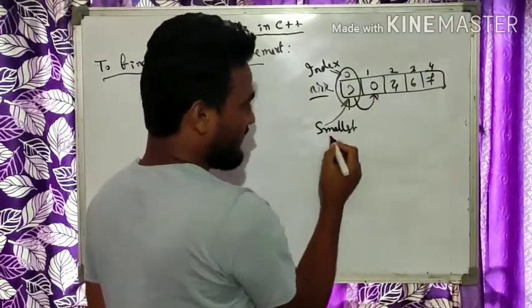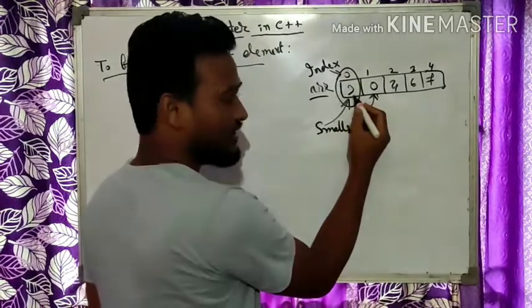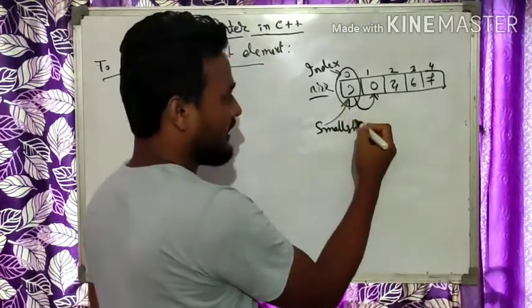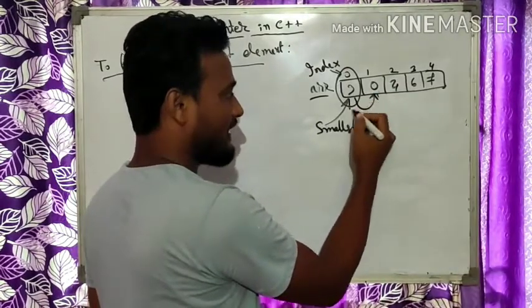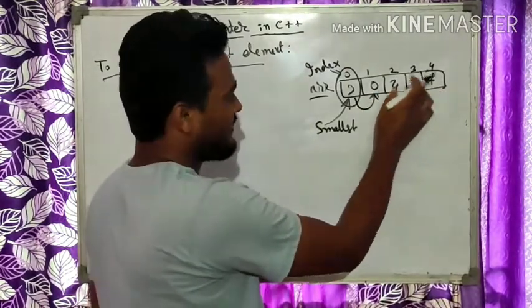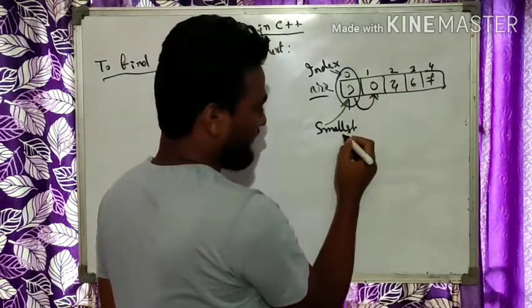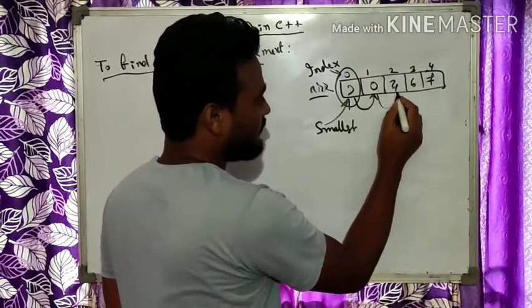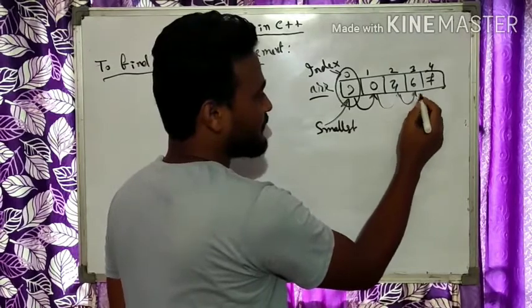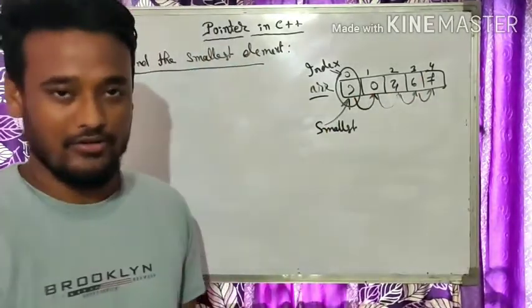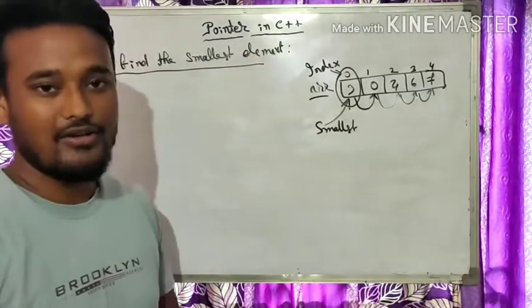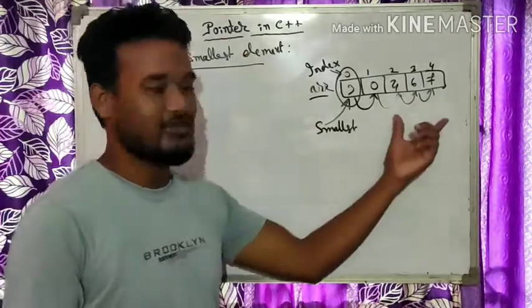Now this time, in the first case, the smallest element we assume is this one. After executing this, we got the smallest here. Again we have to compare with these, right? So it will go on one by one. The next smallest element will be here, then again we'll compare with this, with this, with this. This is the process of what? Linear search. In data structures I'm going to explain these things anyway.